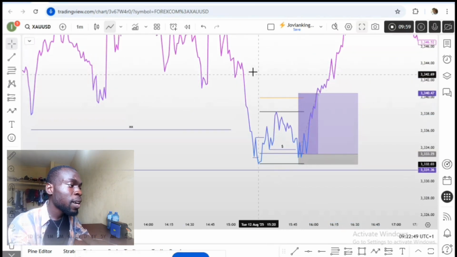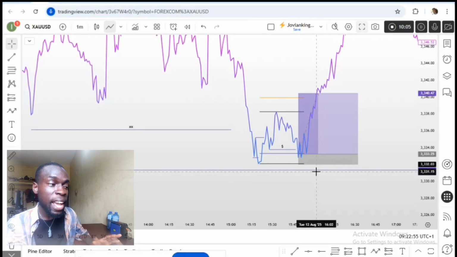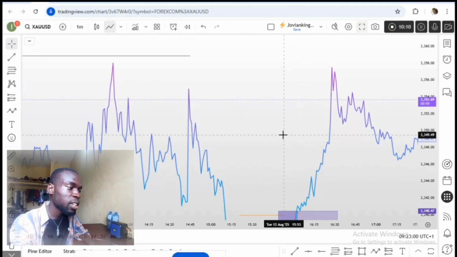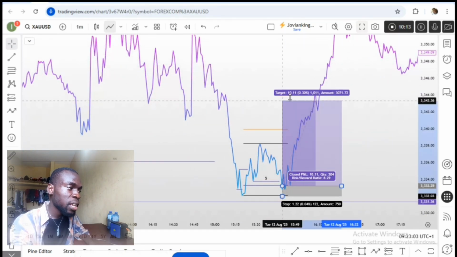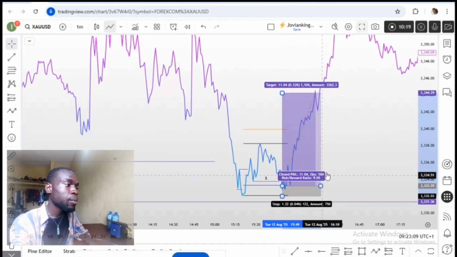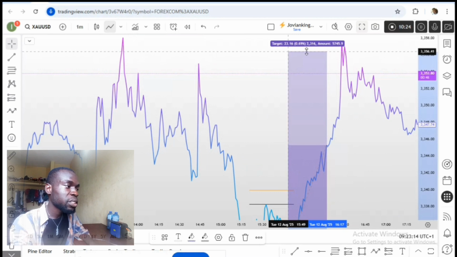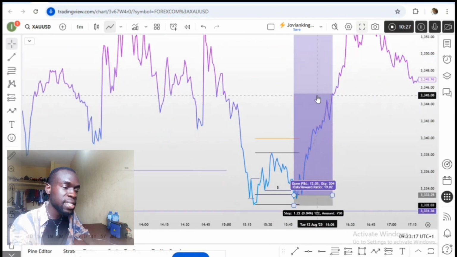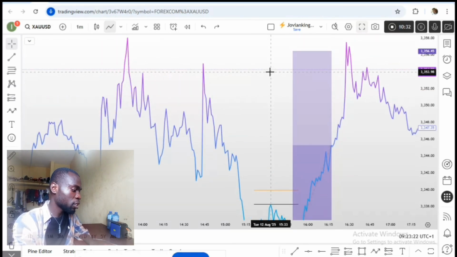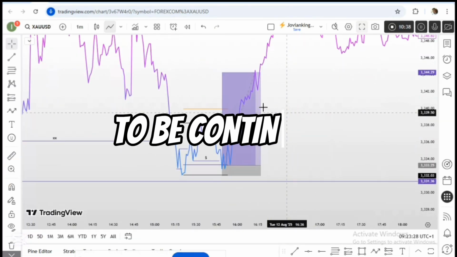But for the fact that market has swept liquidity, and market also tapped into our 4 hour area, we have a higher chance of seeing market go higher. But I didn't know that market will go all the way higher to this area. Only what I knew is that market is likely going to come over to this area, and this was more or less like a max target for me. But from the look of things, you can see that market came as far as going up to this area, which means that the full target is 19RR, but my previous target, what I was previously looking at market to get to, is just 9RR. So this was how I was able